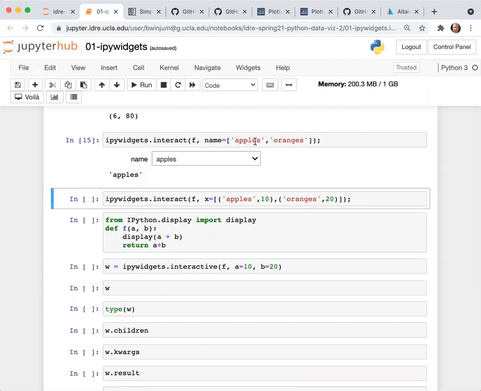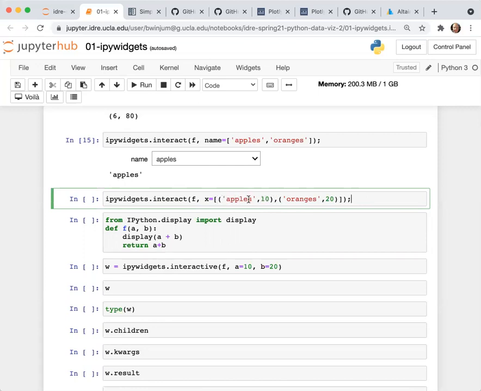So in addition to having this drop-down menu where you specify the label that's included here in the drop-down menu, you can have other values. Say that you want apples not to pass the input parameter apples to the function f, but you want apples to represent the number 10, say, and the string oranges to represent the number 20. You can do that by passing in a list which has tuple elements.